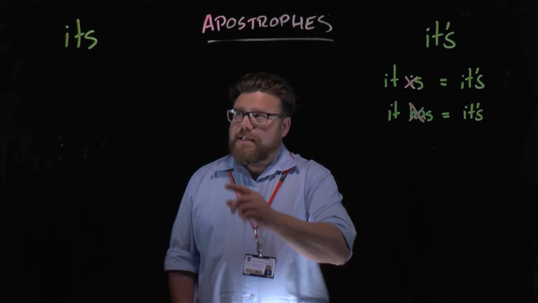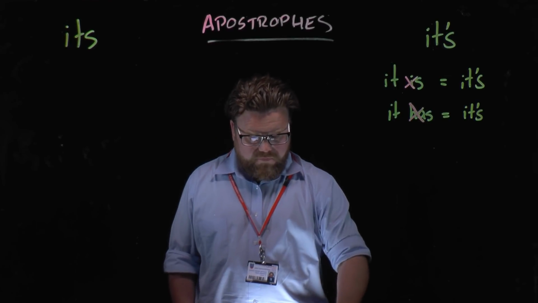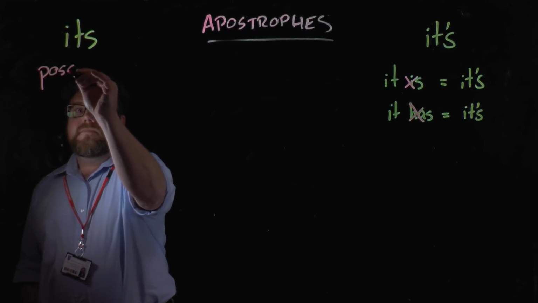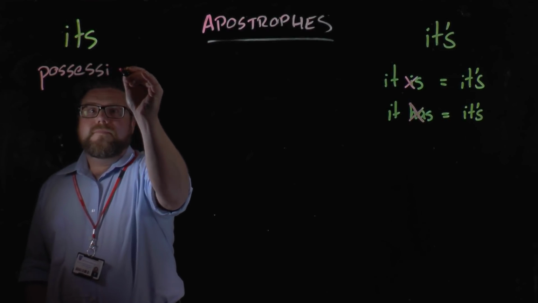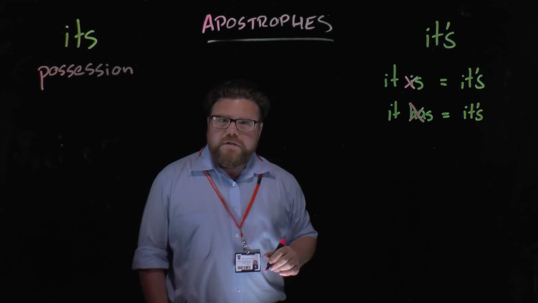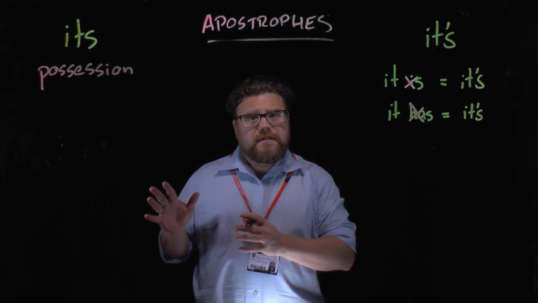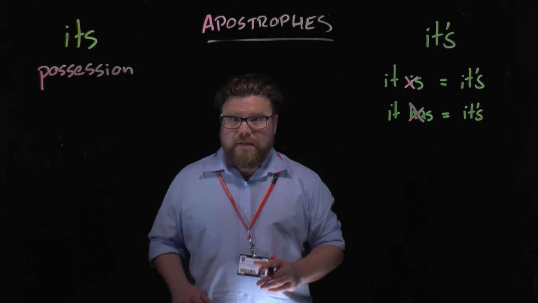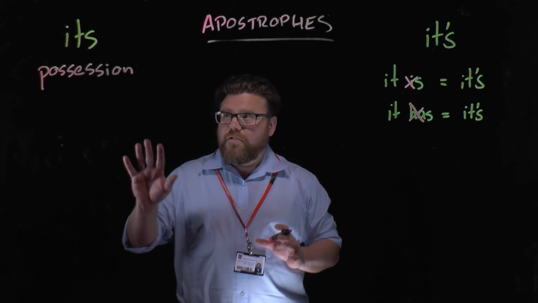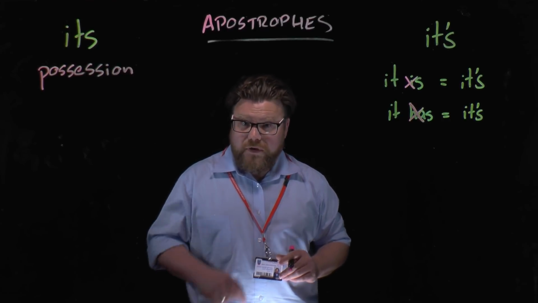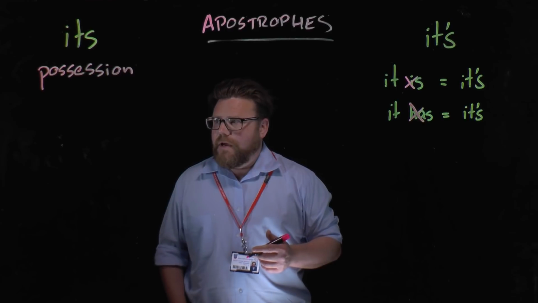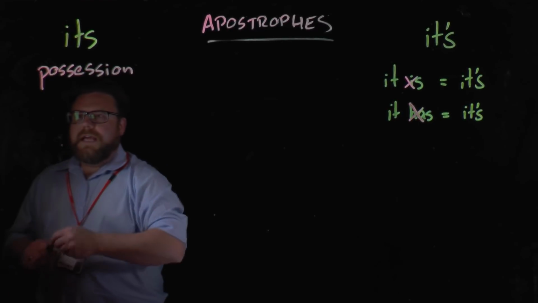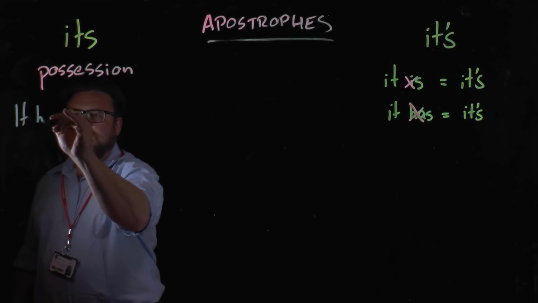When you're using its in this form, without an apostrophe, you're using it to indicate possession. So you're using the word its as a possessive pronoun or a possessive determiner. Now, don't worry too much about those terms, as long as you understand that you're using it to indicate possession. And what I mean by that is, if we were to have a sentence like, it had a life of its own,